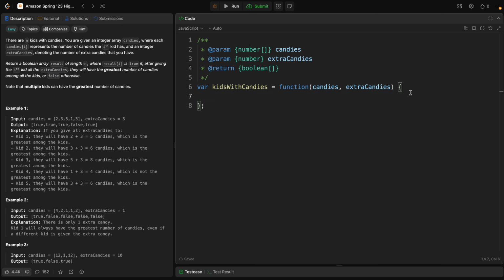Let's try to do it. It will be a 2-line solution. First, we will find the max candy. So const maxCandies equals Math.max of everything in candies. Right now we have the biggest number. After that, we will return